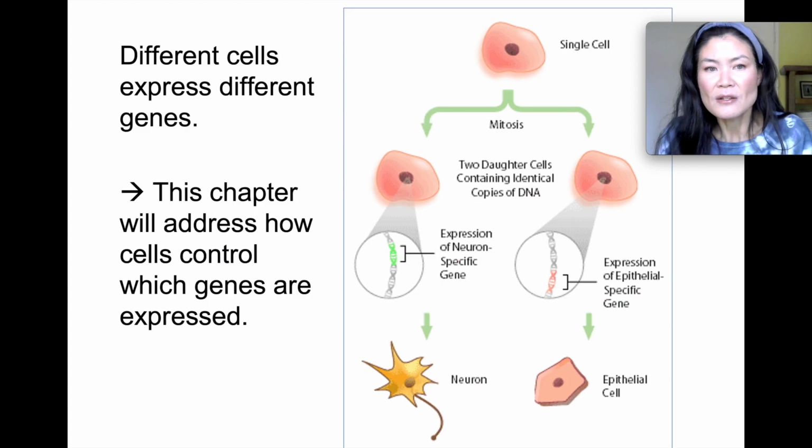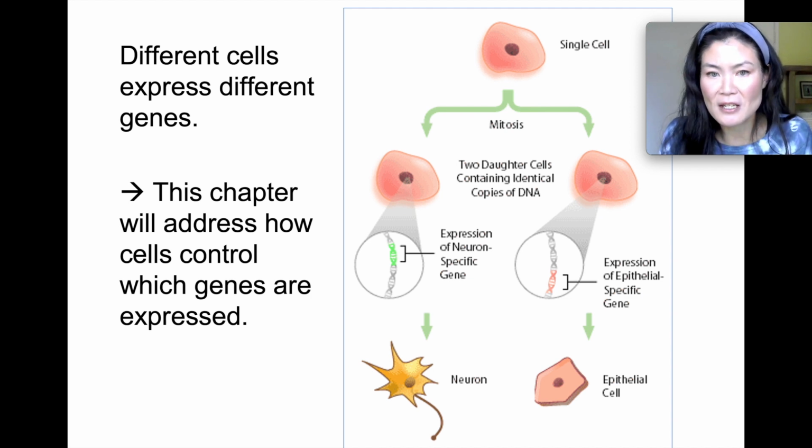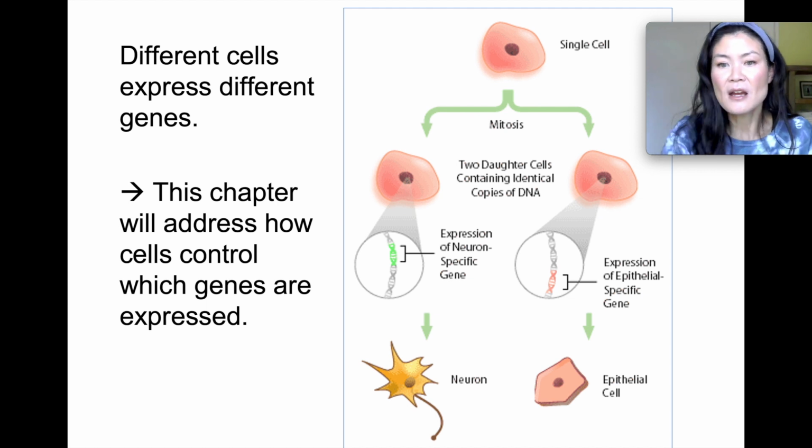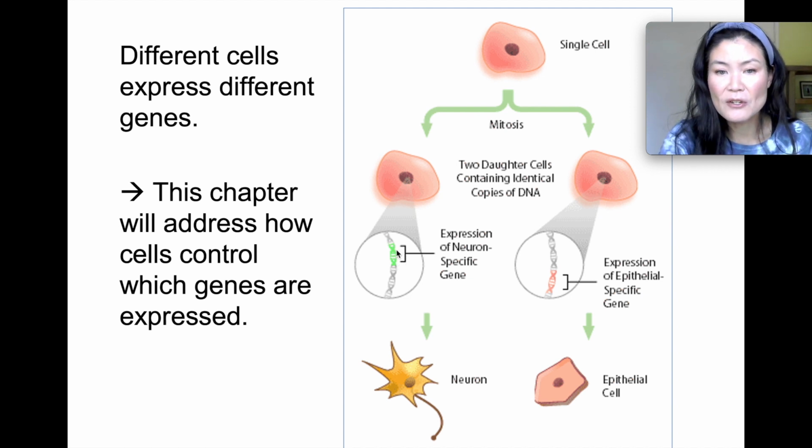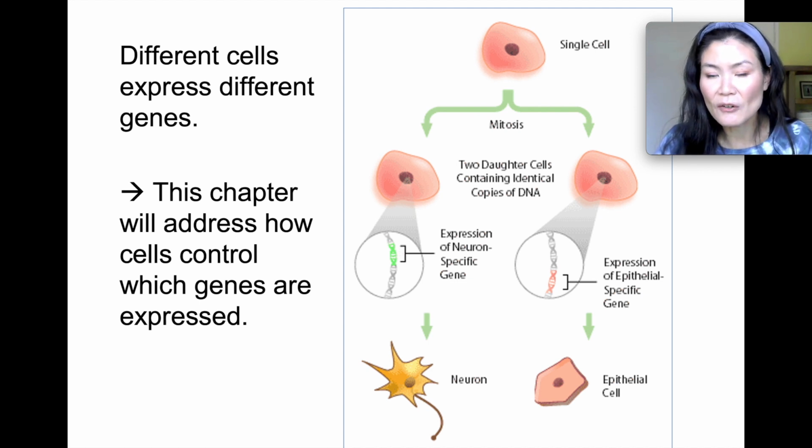Gene expression. So what makes those cells different is that they are expressing different genes. So in an epithelial cell, on the right-hand side over here, you can see that the genes that code for epithelial proteins are the genes that are being expressed. Whereas with the neuron, the genes that are specific to a neuron, the neuron-specific genes, are being expressed. In a neuron, they're making neuron protein, okay?